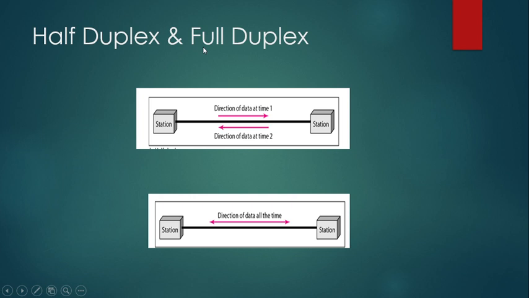In port communication, there can be either half duplex or full duplex communication. What we mean by half duplex is that, as you can see in the figure, at one particular time the direction of data flow goes, say, from a sending port to a receiver port, and at another time period the transmission occurs vice versa. So at any point of the communication, it can be only one way, even on a bidirectional line. But in full duplex, data flow occurs in both directions all the time, that is, to and fro. That is what we mean by the full duplex mode of operation.